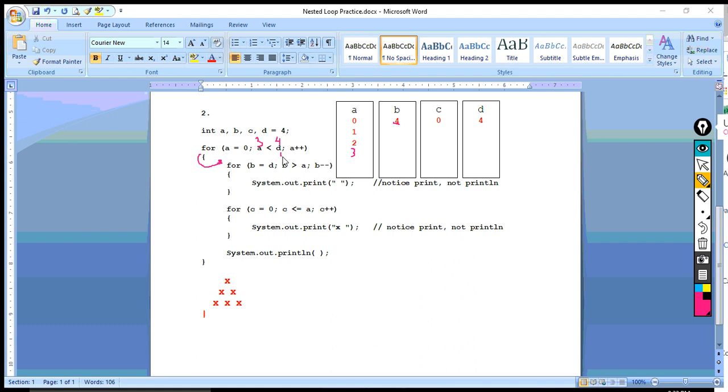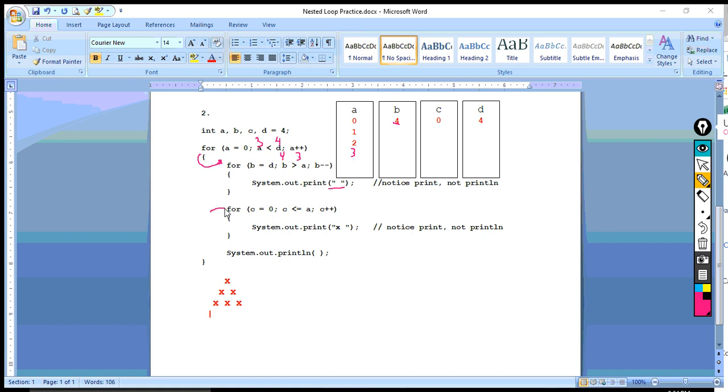And the question is 4 greater than 3, which it is. So this loop will now go through when B is 4, but when it's 3 it'll stop, so it's only going to go one time through. So it's only going to print one space. So we'll go down here, press spacebar once,